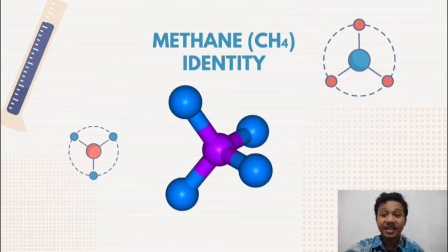Methane has an identity element, the most basic symmetry operation, in the Td point group. The identity operation means that the molecule is operated without any changes, so that all atoms remain in their original position. This identity element is the starting point in determining all the symmetries of methane and is always present in every point group.